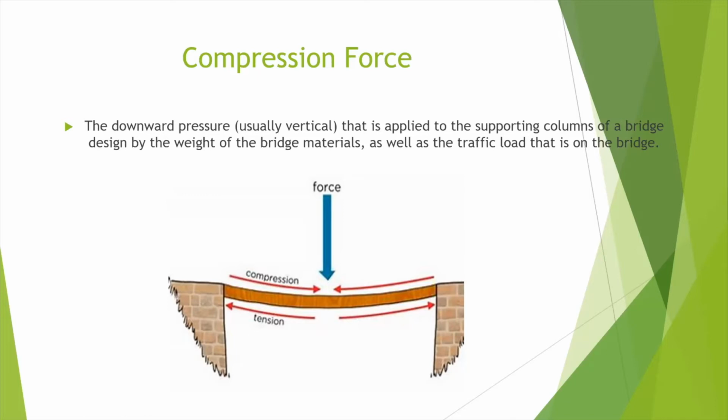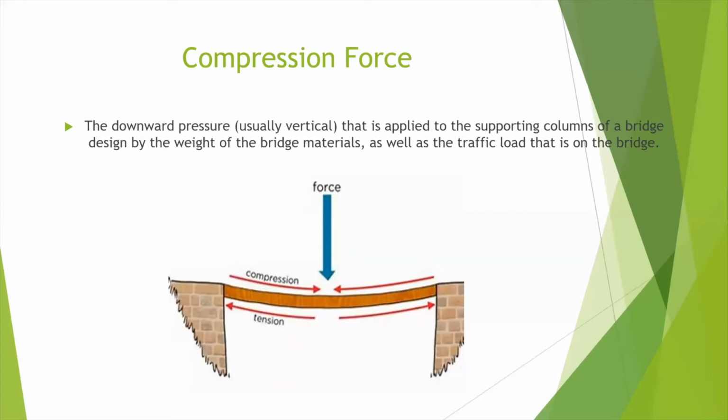And this blue arrow, the force, represents any vehicles that would be going over that structure, any trains or, as we saw in the earlier picture, a barge. And that force actually helps with that. So I'll explain a bit more how that works. The force tries to elongate the object, okay, makes it longer, and that's called tension. The force that tries to shorten an object is called compression. And the compression squeezes those materials together.